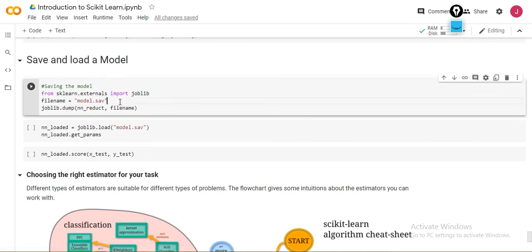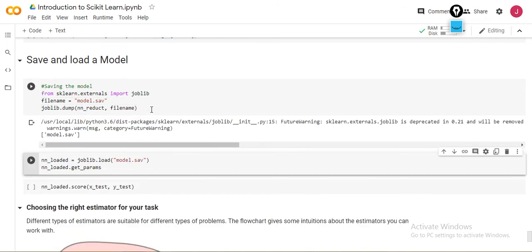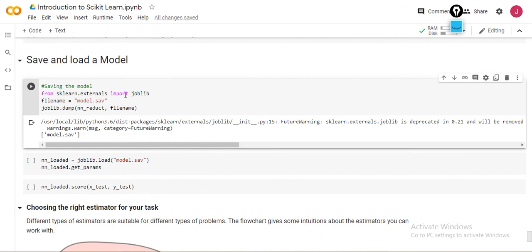So you can give a file name, and then using joblib.dump you can dump your model. When I do this, you will see I'm getting a warning that joblib will be removed, and it can be directly imported. You can do import joblib, and then joblib.dump, and here you can see, if I show you the file,